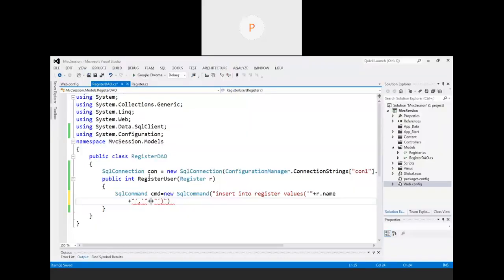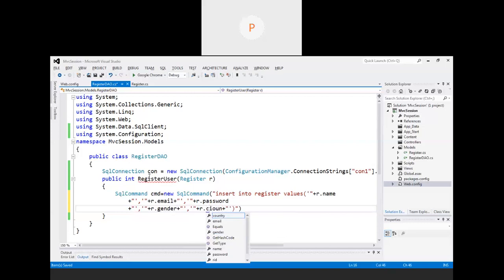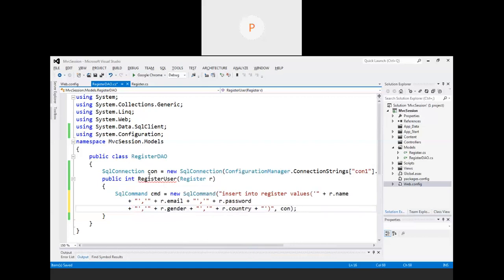So r dot email, then r dot password, r dot gender, and the last one is r dot country, comma connection. Done. Okay. Now once it is taken, next you just have to execute this command and return the output.